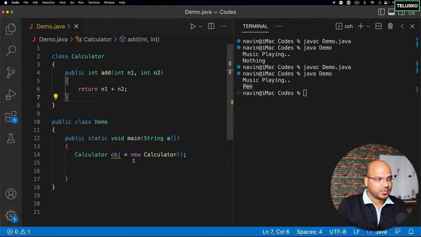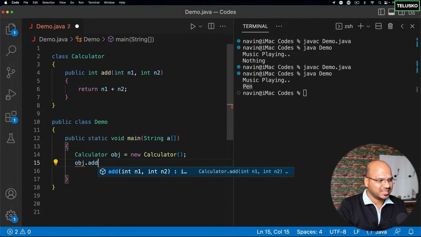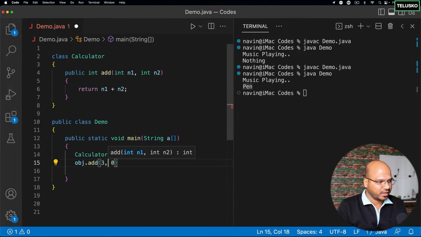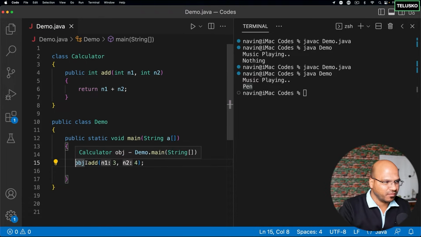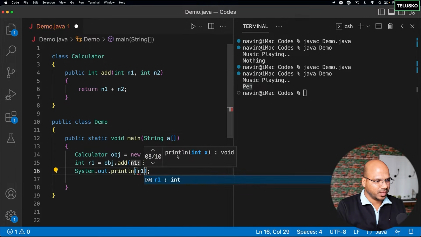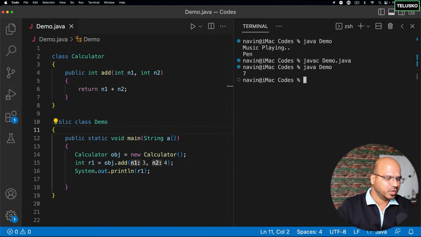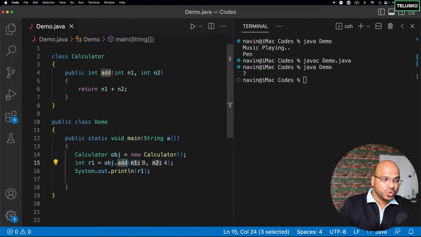This perfectly works, right? So what I will do here is I will come back to my code. I will say obj dot add, and I can call this add method which will take two values, 3 and let's say 4. So it will return a value, right? So I will say int r1 is equal to this addition, and I can actually print this value. So let's compile this code. Not running directly. First, you have to compile the code and run. You can see we got 7. This works. So what we are doing is we are calling add by passing two values,